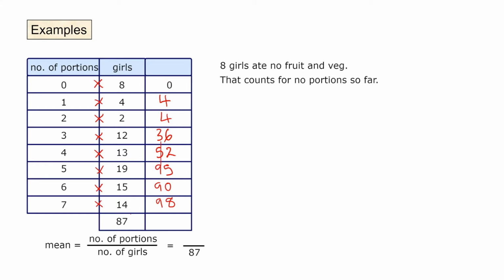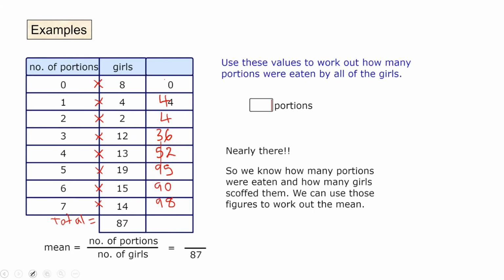Okay, and then down here what we will do is you'll find the totals. So type these into your calculator, adding them up, and you should have had 379. So now to find the mean, what we do is we work out 379 divided by 87,